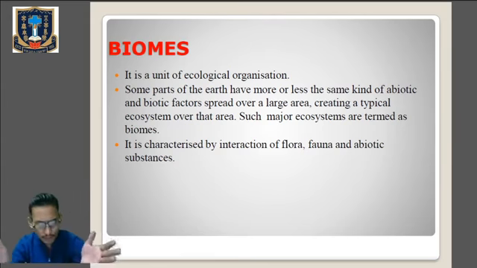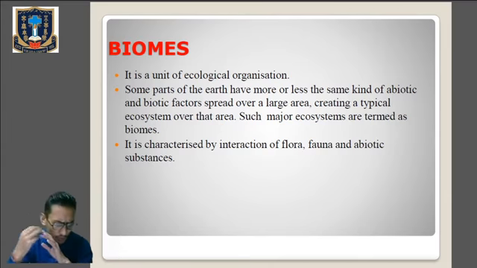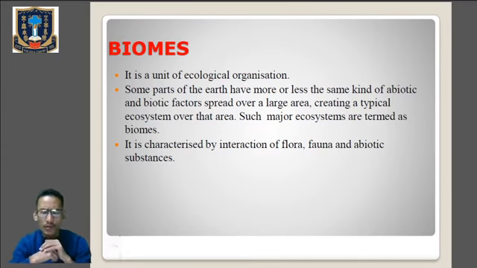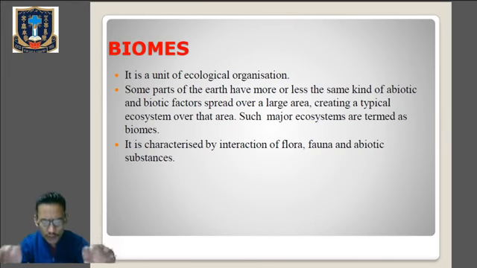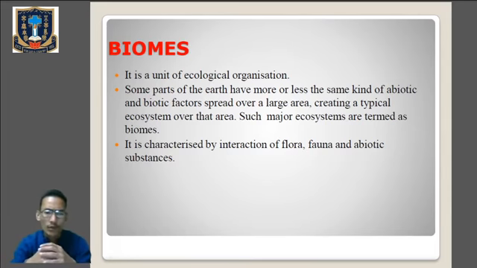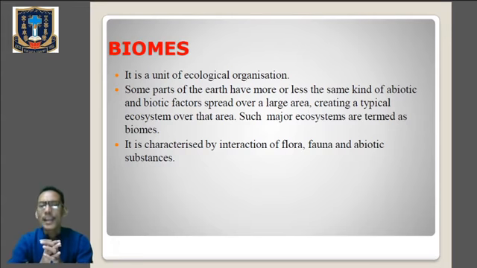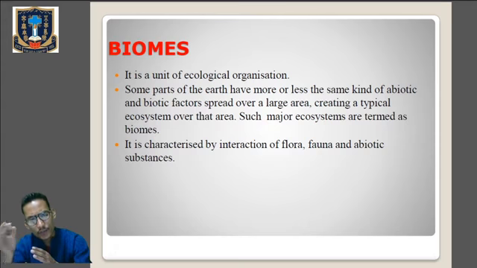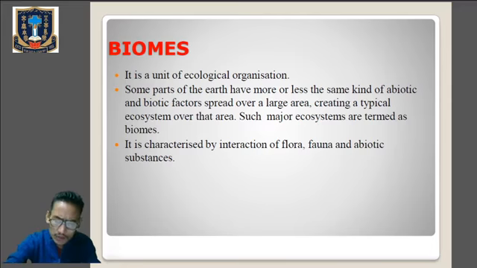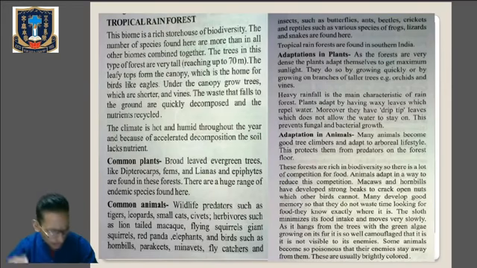So we have different types of biomes. As I've already said, we have tropical rainforest, deserts, grasslands, coral reef, and lakes. In each particular biome, we will find different species of flora and different species of fauna, along with their respective adaptive features. Those adaptive features among the flora and the fauna present in each biome we are going to discuss in this class. First of all, we will discuss the first biome, that is tropical rainforest,